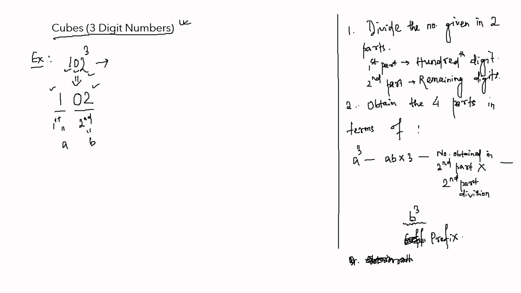Okay. So what did we do in a 2-digit number? In the last problem, for example, we saw 23. In 23 we said that 2 is one part, 3 is one part. Let's say we note 2 as A and 3 as B. So here it's somewhat similar. Since it's a 3-digit number, I have to divide it in 2 parts anyway. One part is 1, that is your hundreds place, and the remaining, that is 02, becomes another part that I denoted as B, and the first part I denoted as A. So let's proceed. Here also you have to obtain the same 4 parts.